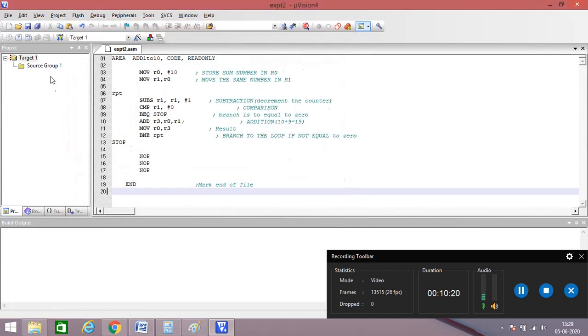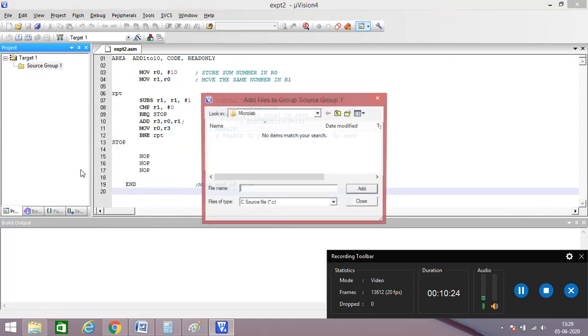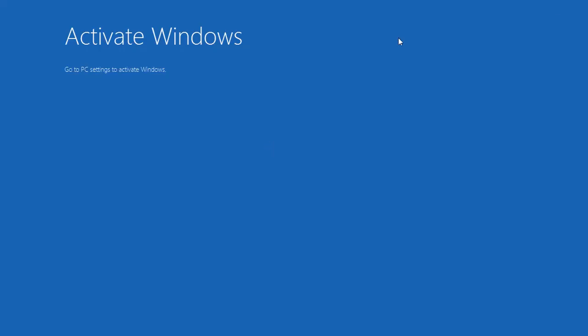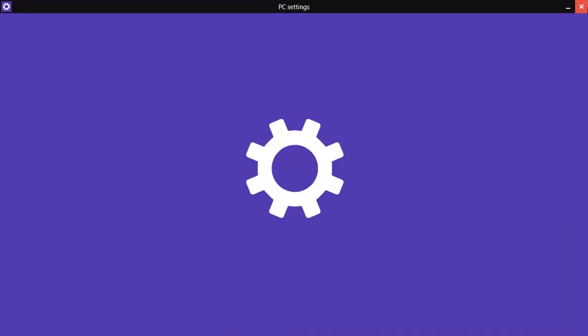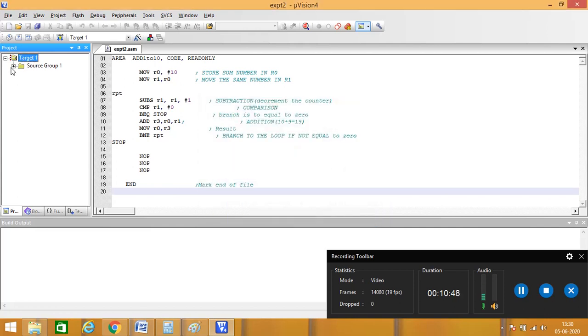Save it, and then add it to the source group: add files to project, search for .asm files, add it. After adding, close this. Expand this to check whether it has been added. Okay, it has been added.